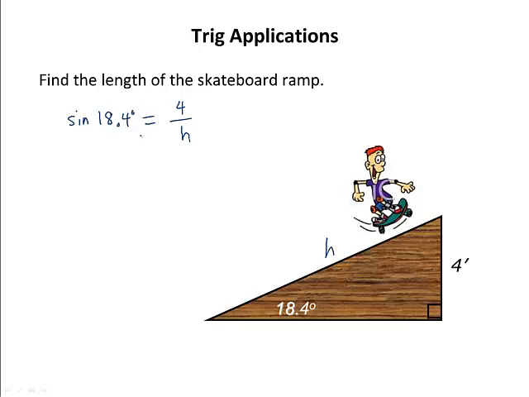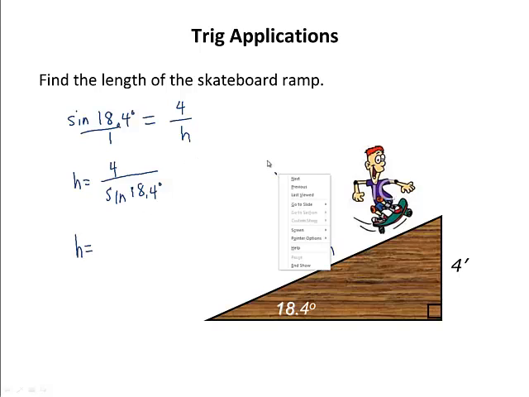Now I'm going to do a thing here where I swap these two out, or you can think of it as multiplying by h on both sides and dividing by sine of 18.4 degrees, or you can just switch this out. So that means h is equal to 4 over sine of 18.4 degrees. And that works because you have this proportion going on. This would be h over 1 is equal to 4 over sine of 18.4. This all can be put in your calculator, and you should get